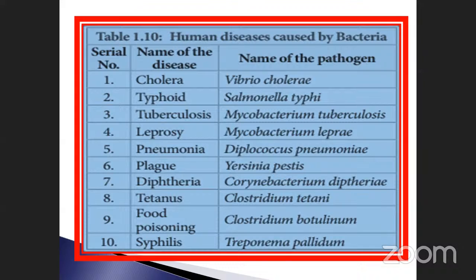Exactly. So go through the 2017 question, you will get the idea, because a match the following question was asked. The causative organism is Vibrio cholerae. This is very, very important. Its shape is comma shape. Typhoid, many times they asked it: Salmonella typhi. Which is the identification confirmatory test for this one?